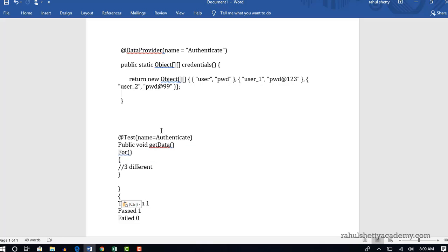But whereas with data provider, you are writing the code, you are connecting this data from outside the method. You see that you are connecting this data provider on the test outside level, whereas with Excel you will do it once you go inside this get data like this. Okay,